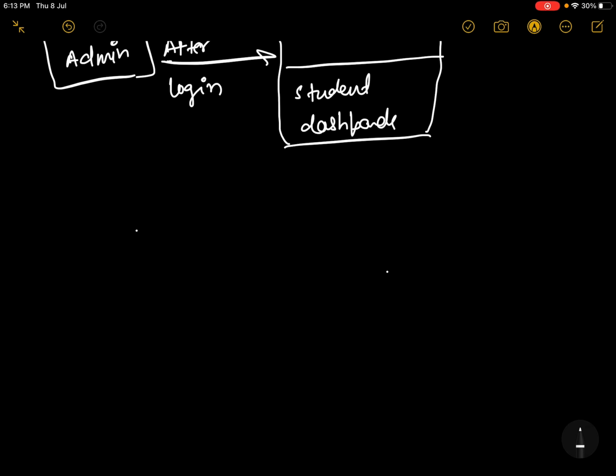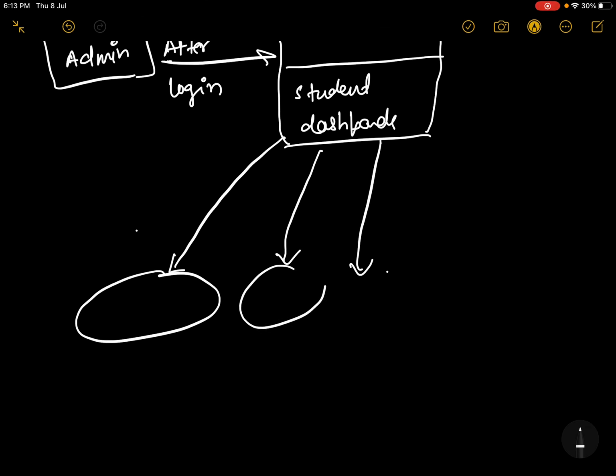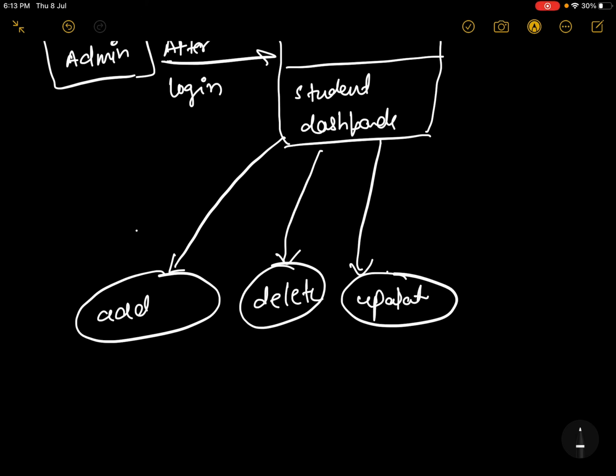So he can add students, he can delete, also update the records of a student.